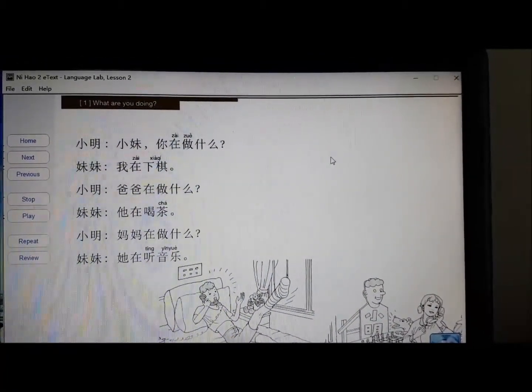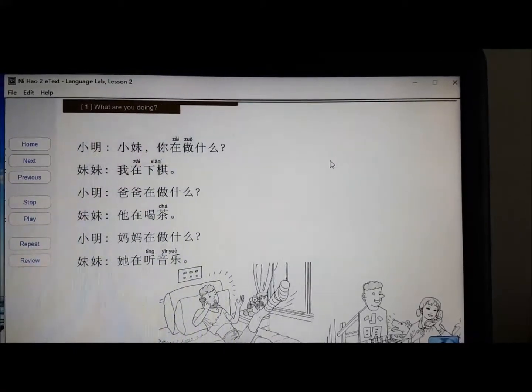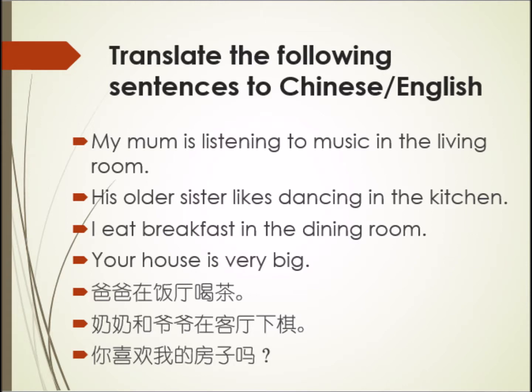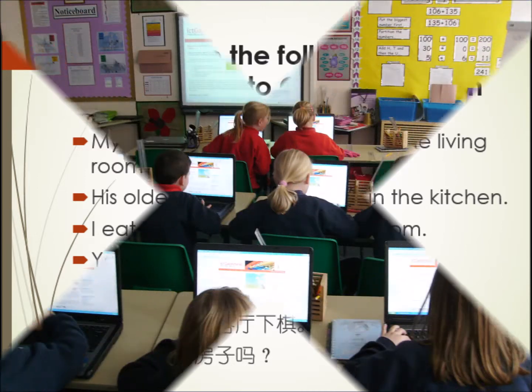And then asks individual students to translate the sentences into English. What students do is listening to the recording and making notes on their textbooks. Or, after a new grammar pattern or a group of new vocabularies are taught, the teacher projects a list of sentences like this on the board, and then students need to translate them into Chinese or English.